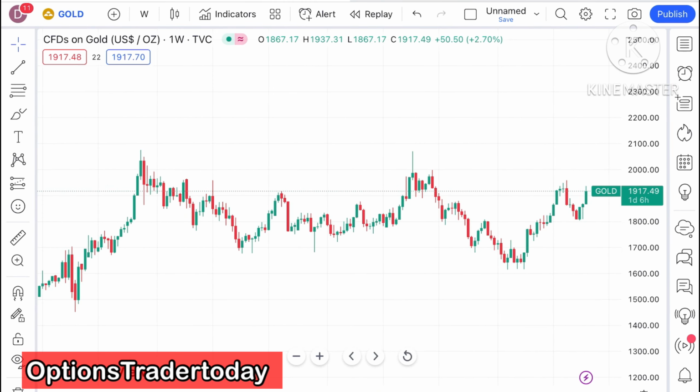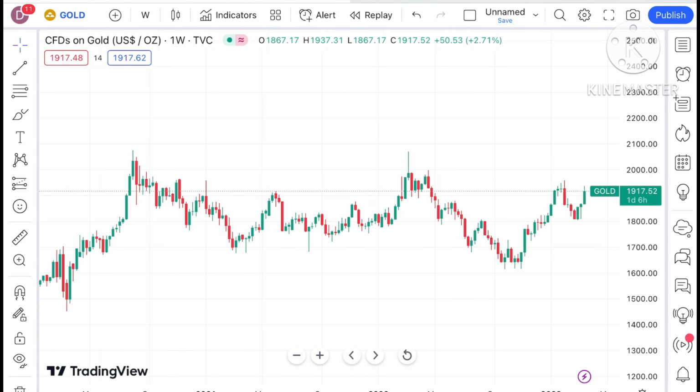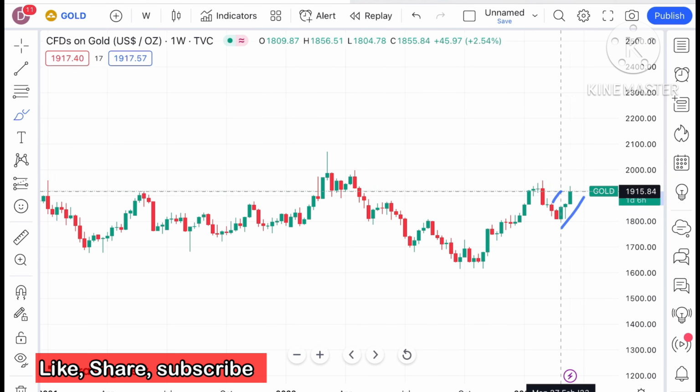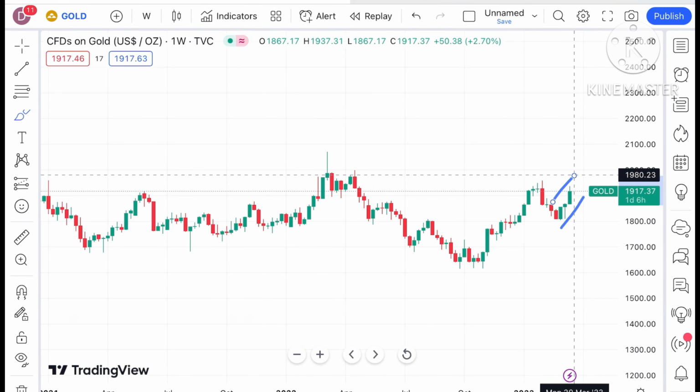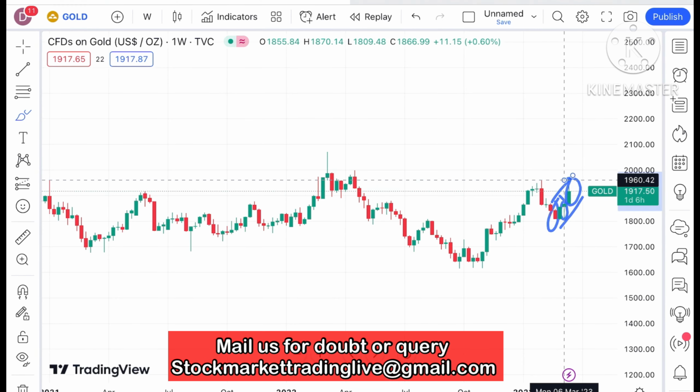So today in this video I will explain how the price of gold has moved in the last week and how the price of gold can move in the next week. See, if you look at the chart from 3 weeks, there is a continuous upside. As you can see, the green candles are forming. Okay, and this is a weekly chart where I am explaining that these are the 3 green candles